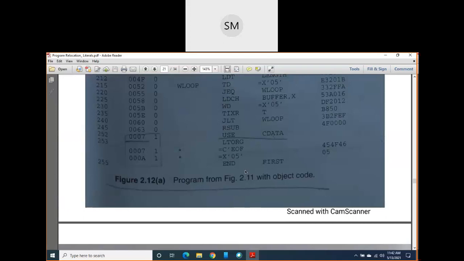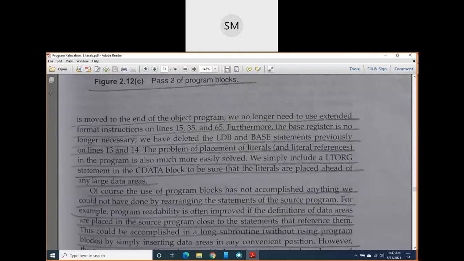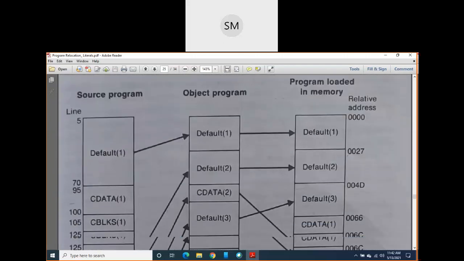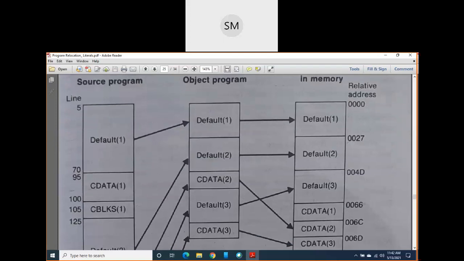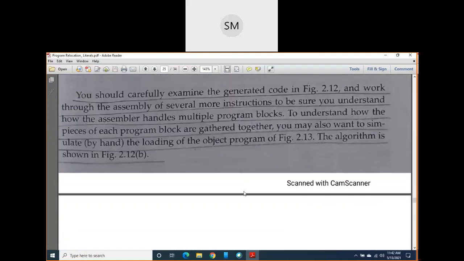Because of that, the total length will be 1071. Clear? So this is how we have to write the object codes and object programs. Then the object program will be loaded into the memory, and in which sequence these program blocks will be loaded into the memory. So this is about all program blocks.